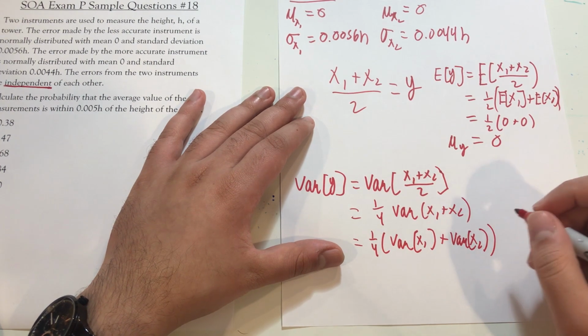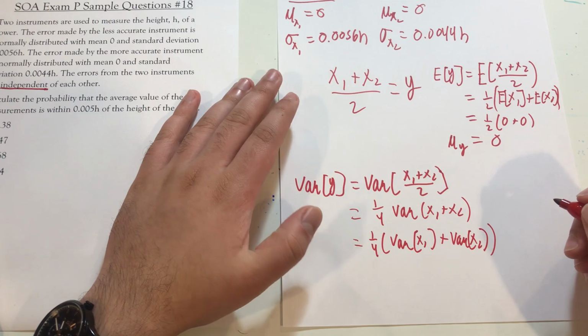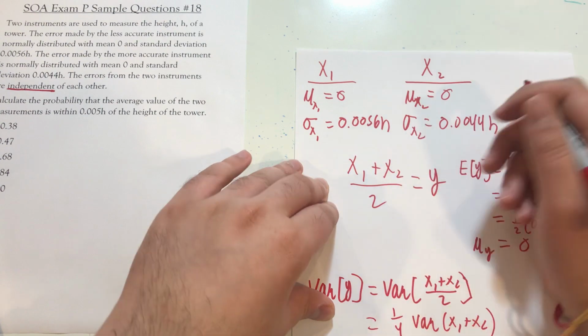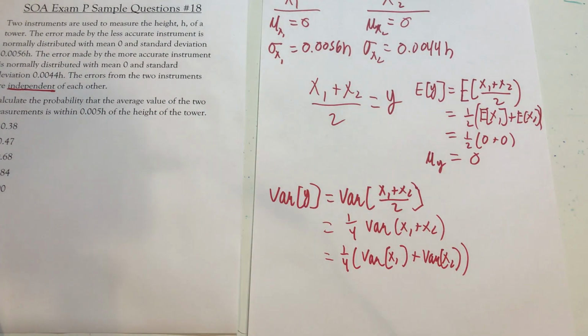Now, the variance of x1 and x2 should be its standard deviation squared, right? So the variance of x1 is 0.0056h squared. Variance of x2 is 0.0044h squared. So I'm just going to plug that into a calculator to get the final answer. So 0.0056 squared plus 0.0044 squared multiplied by 1 over 4